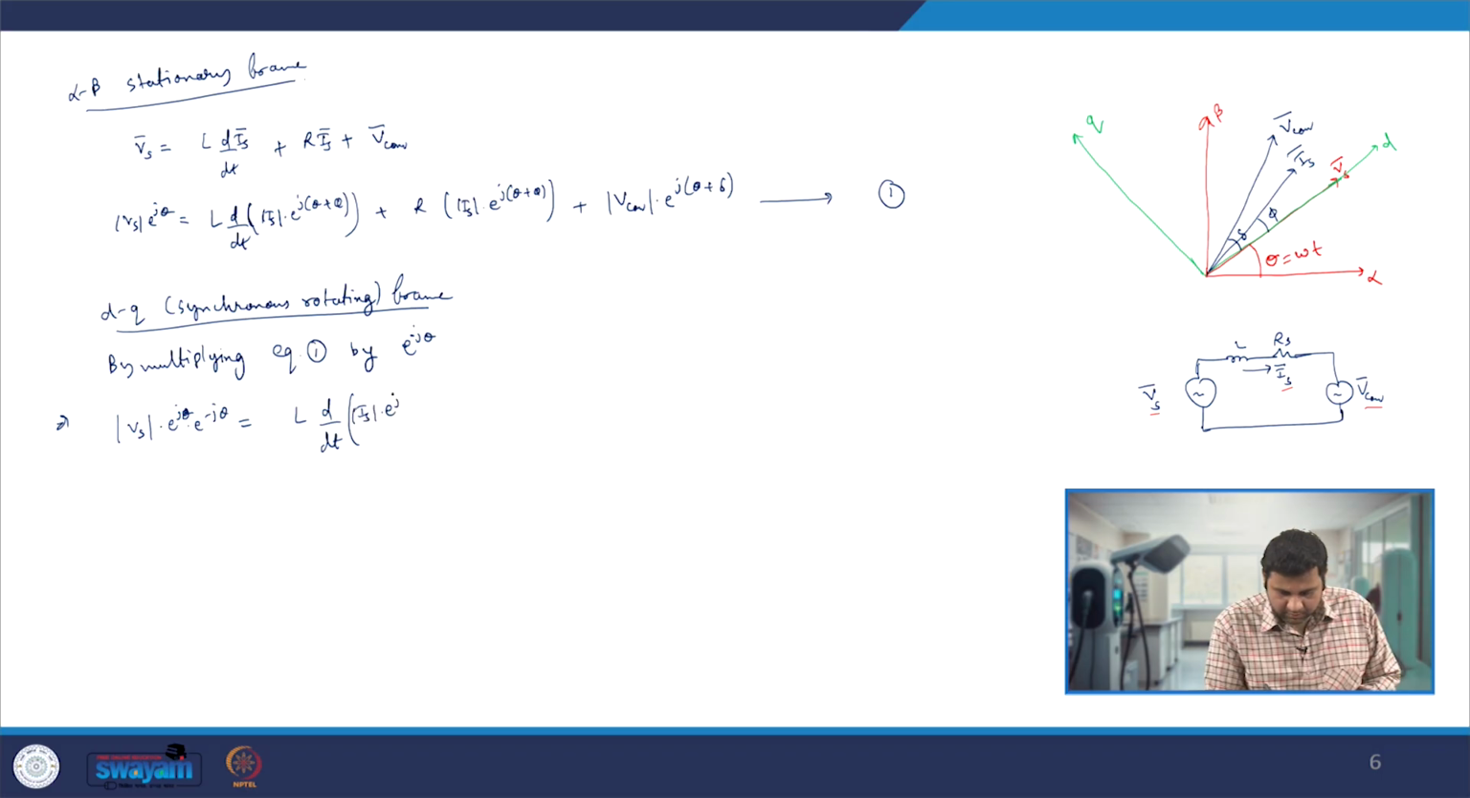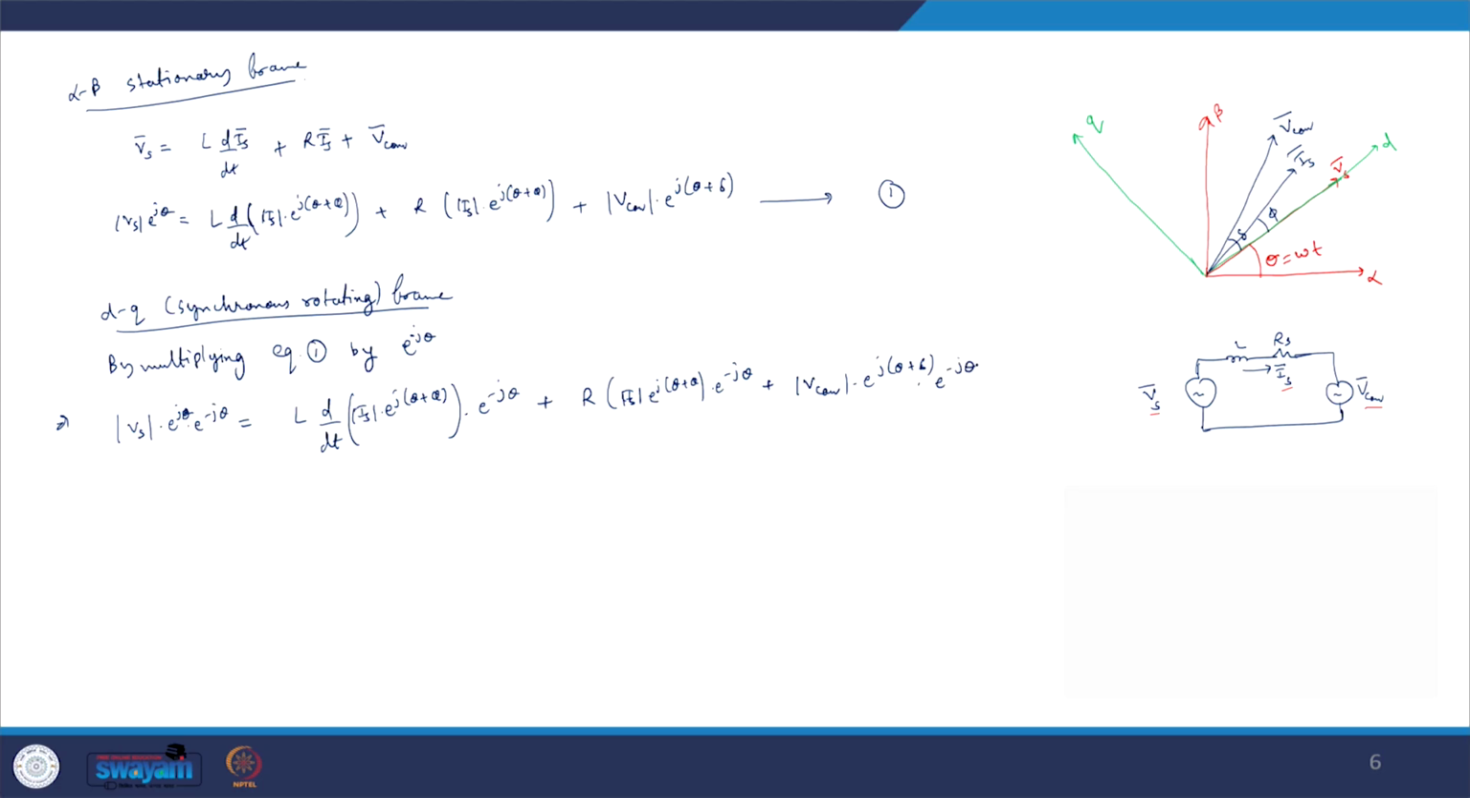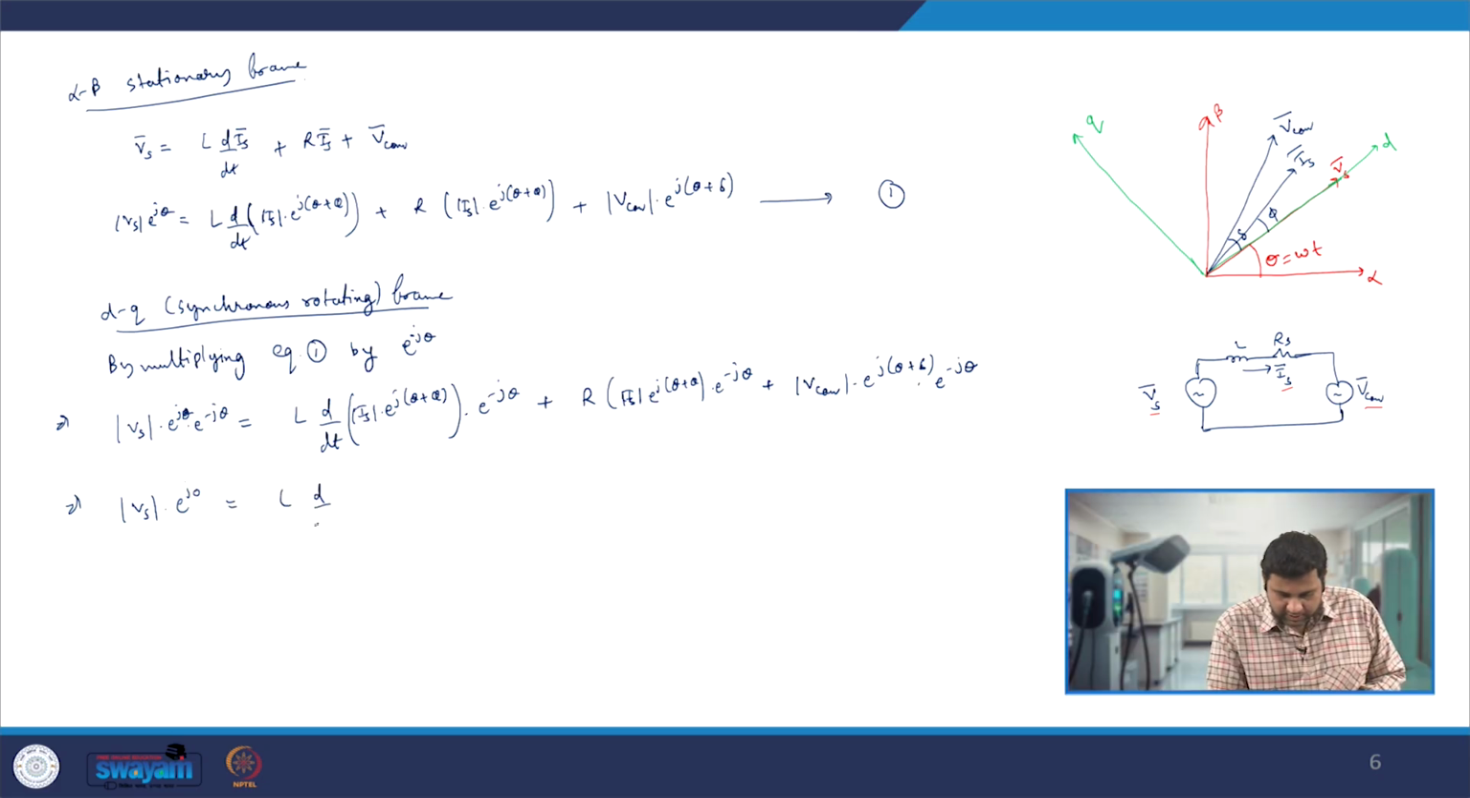Is, and this is again minus e power j theta plus R magnitude of Is space vector theta plus phi e raised to power minus j theta plus e raised to power j theta plus delta e raised to power minus j theta. Now this we can ensure, what we have is e^j(theta minus theta), so that is nothing but 0. This is L d by dt